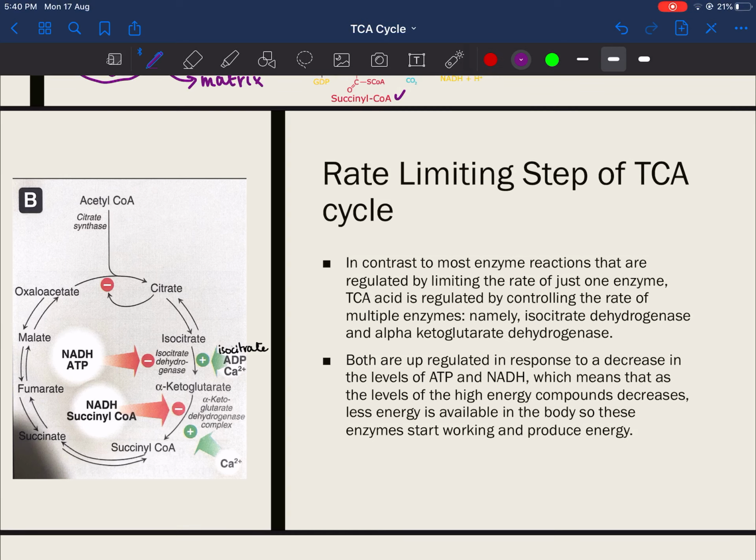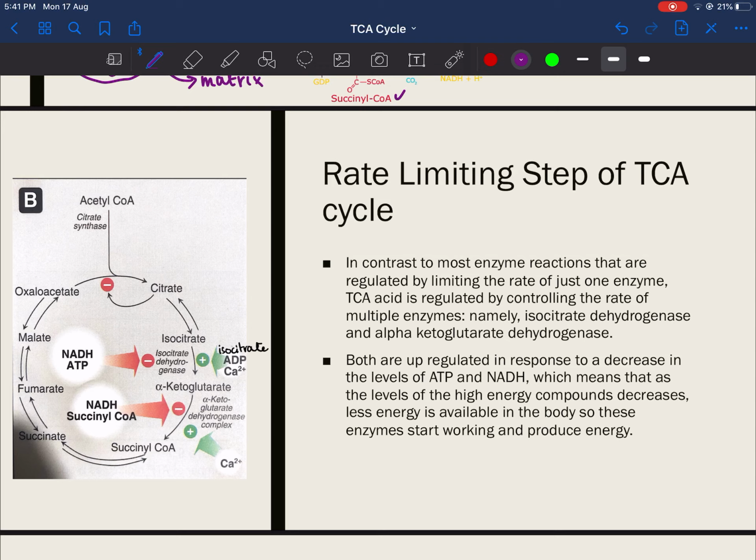So let's talk about how these enzymes are regulated. Isocitrate dehydrogenase and alpha-ketoglutarate dehydrogenase are both upregulated in response to a decrease in the levels of ATP and NADH. Upregulated basically means that they're activated when there are lower levels of ATP and NADH. Lower levels of ATP and NADH basically means that high energy compounds are less, which means that the overall energy of the cell is less. And when we have less energy in a particular cell, we're making these two enzymes